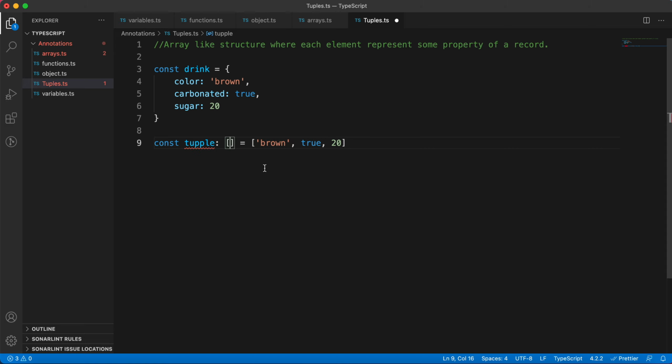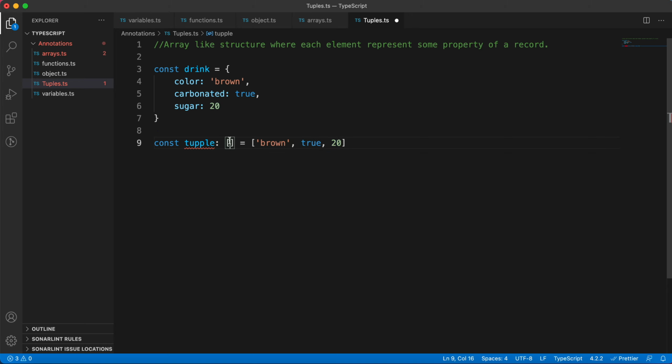To convert this into a tuple, we need to give a sequence and the type of property each element represents. This represents color, this represents carbonated, and this represents sugar quantity.